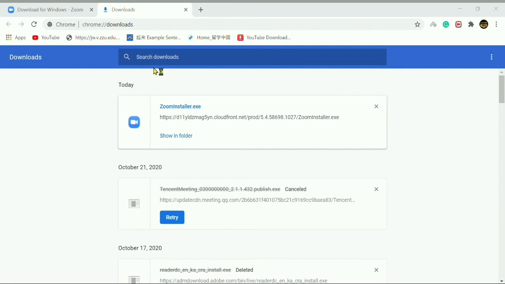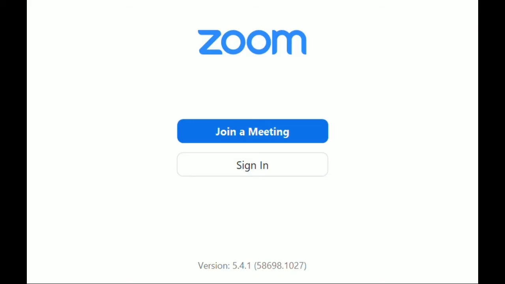Then show folder. Tap it and install it. Look at this. This is my Zoom application, already installed, and in this way you can install